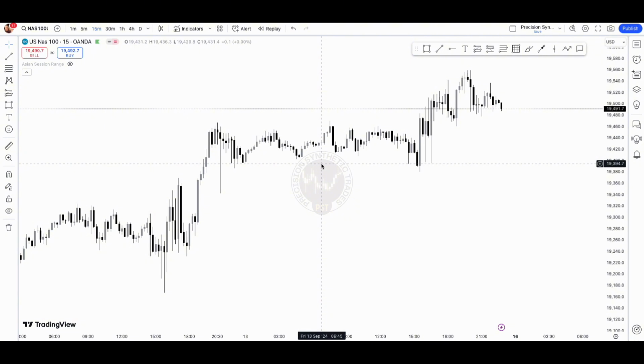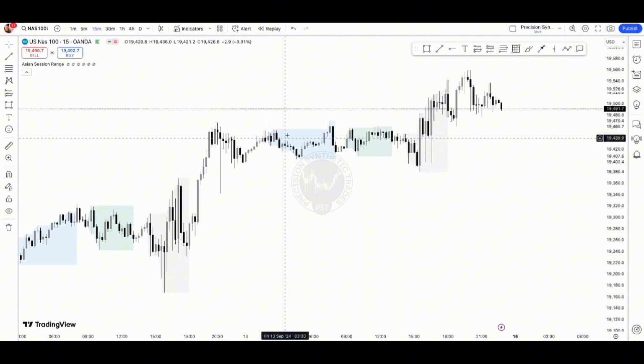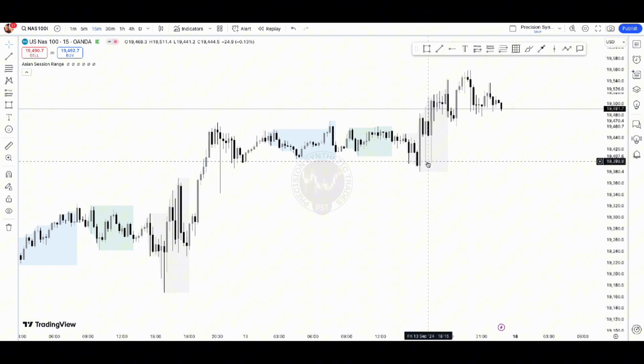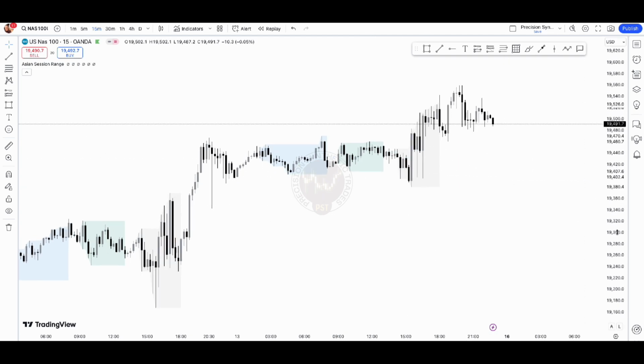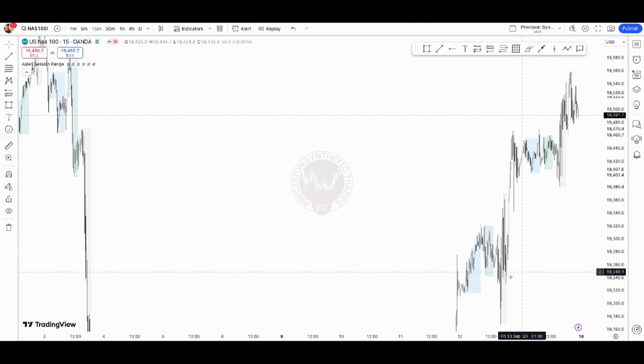Alright, so let's have a look. So the first thing we are going to look for, you are going to add the session indicator. So then you know the blue is going to be your Asian range, the green is your London, and then the gray is your New York. Now when we zoom out,